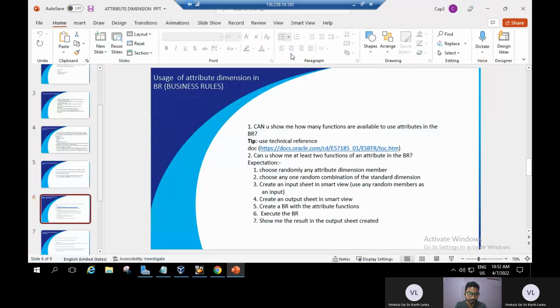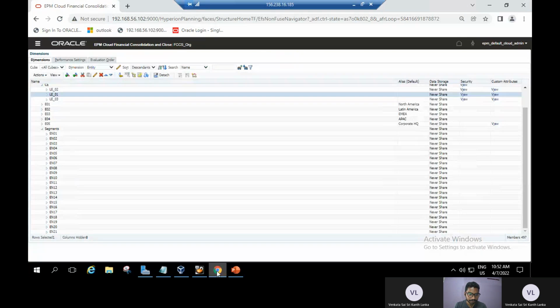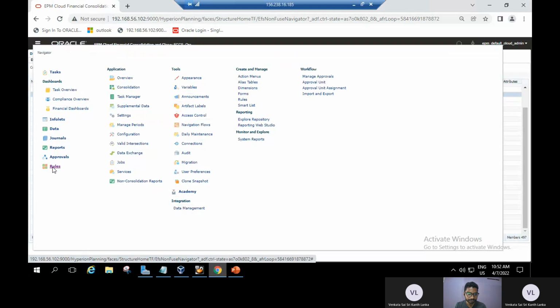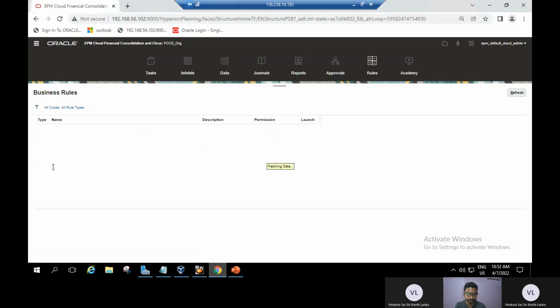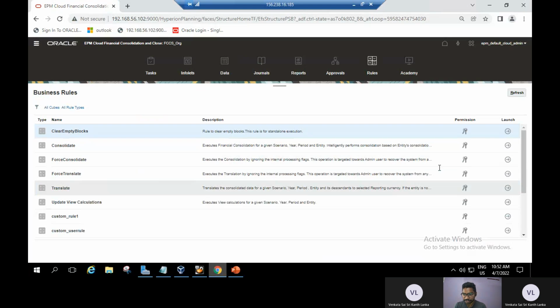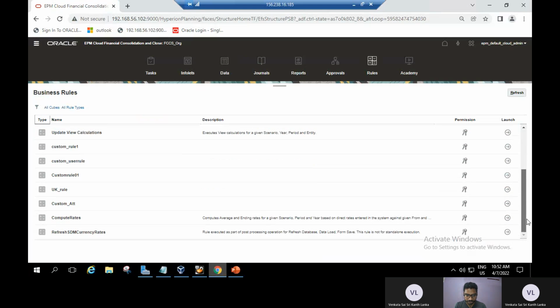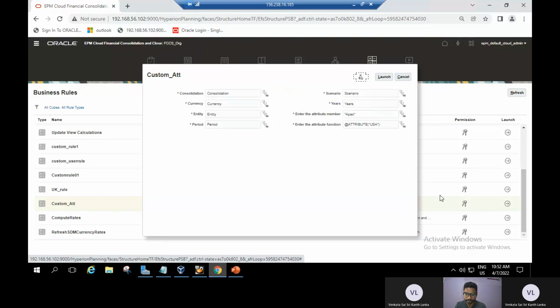So leave this. Go to application. From the navigator, click on rules. Here you will see the custom rule attribute which we have created. So under it you need to click on launch. As you can see, I have added a member, which is a pre-built one, and now I added the function by using functions of the attribute dimension I added,